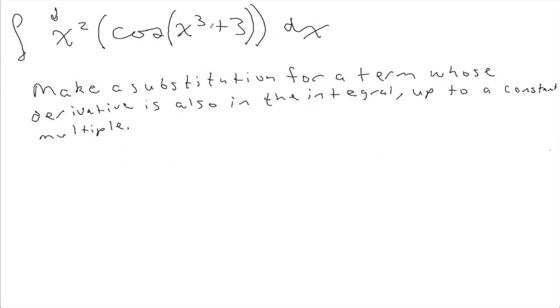Now, this derivative would be 3x squared, but that's okay because we said it only had to match up to a constant multiple. The 3 doesn't really matter. What matters is the x squared. So it turns out that the substitution to make is this one. u equals x cubed plus 3, because its derivative is in this expression. Okay, and we'll have to look at some examples to see how this works, but now we could rewrite that as